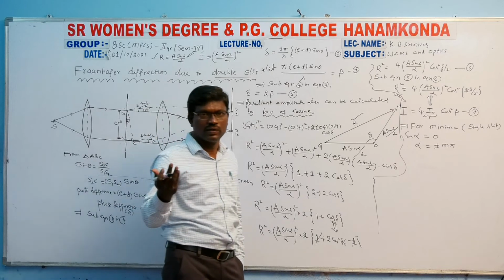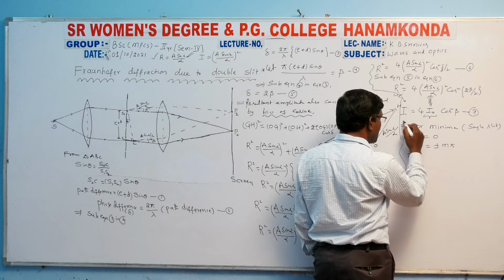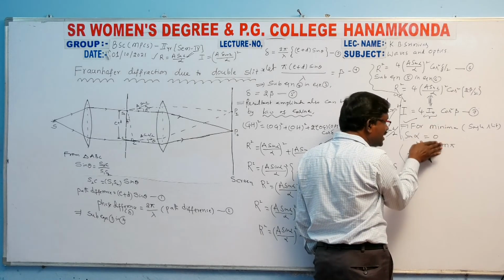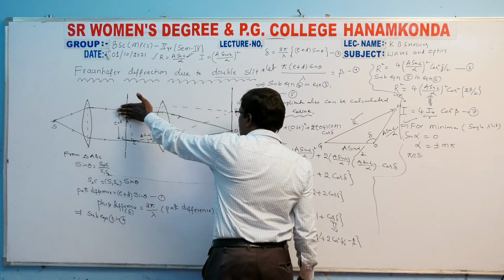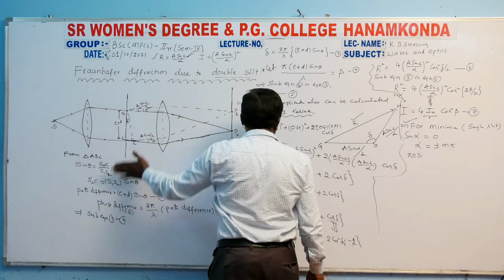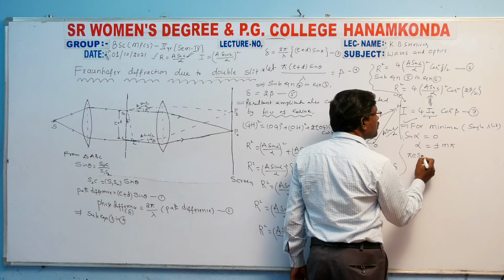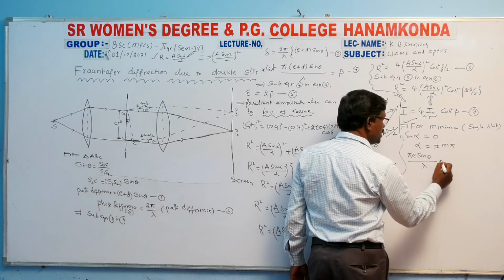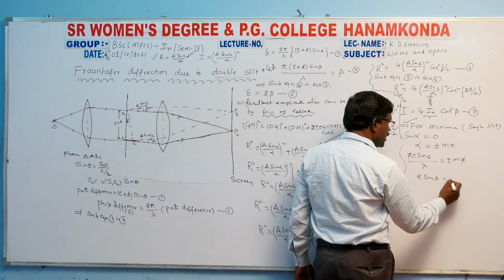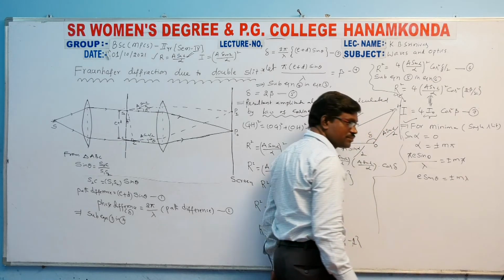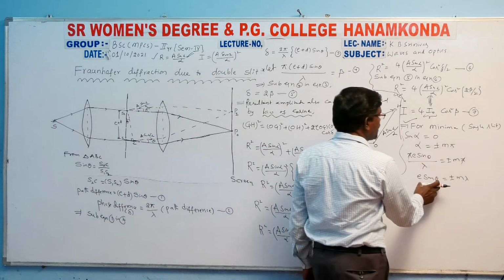Where m is equal to 1, 2, 3, 4 and so on. Where alpha is equal to how much? Pi e sin theta by lambda. Simply here I am writing only with respect to single slit, because this double slit, if you observe individually, behaves like a single slit; this second slit also behaves like a single slit. So instead of alpha, here I am substituting pi e sin theta by lambda is equal to plus or minus m pi. Pi gets cancelled. So this is the general expression for single slit minima condition. So this term represents a minimum.